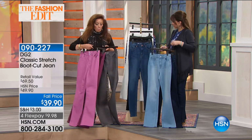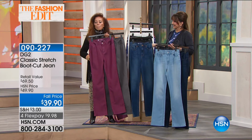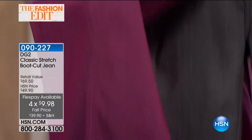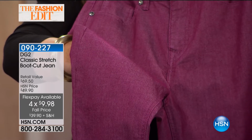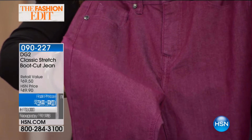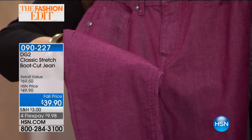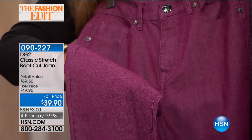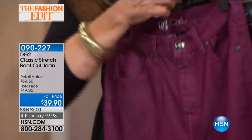The gray and the wine, and I only show you the gray because if you want to get on the wait list, always a good chance. But if I may show you the detailing on these colors up close. Oh, I'm not doing a very good job, am I? No, you're doing great. Can you see the tweed effect to that? It's high-low. It's not just a flat dye. And do you see a little teeny bit of sheen to it, which means it's a more dressy jean in terms of it's more feminine, it's more finished. There's like an elegance to it. Yeah, right? And then again, on the gray,